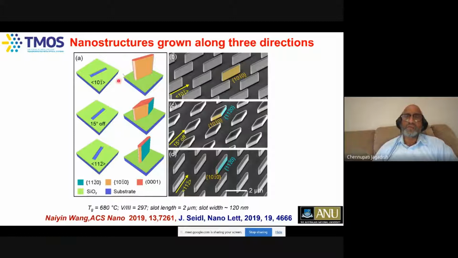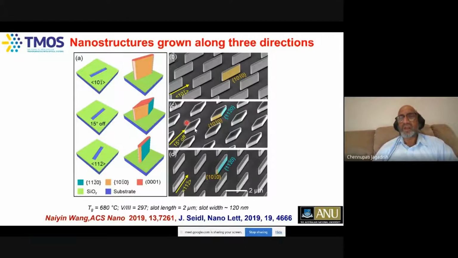And so then if you open the slot along another crystallographic orientation, this particular orientation, for example, here, and again you do the same process, and again you get these nice membranes, but these membranes are thicker than these membranes, and you also end up having different facets on the side walls with respect to these ones, for example. But if you open in between these two slots,